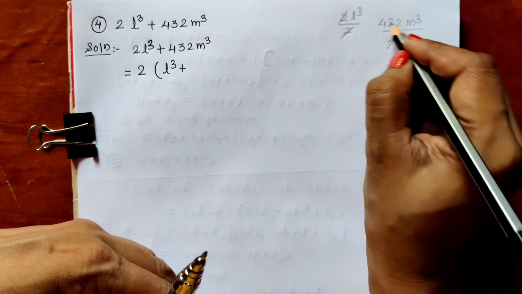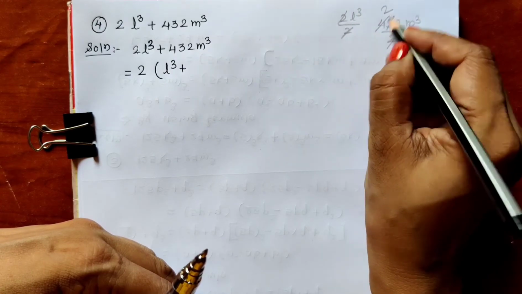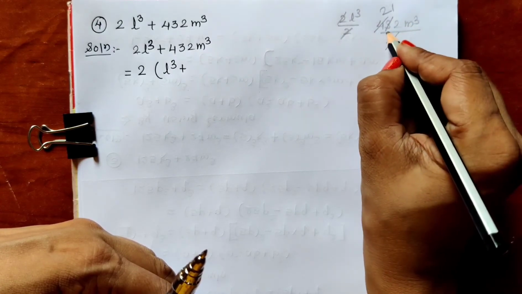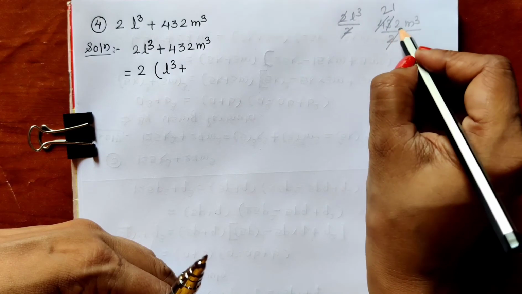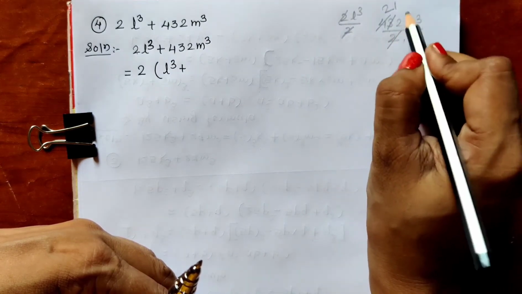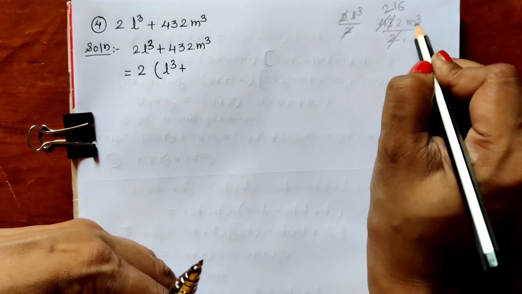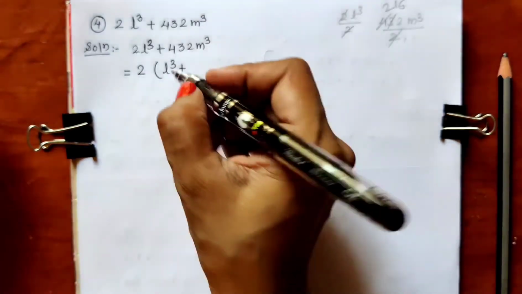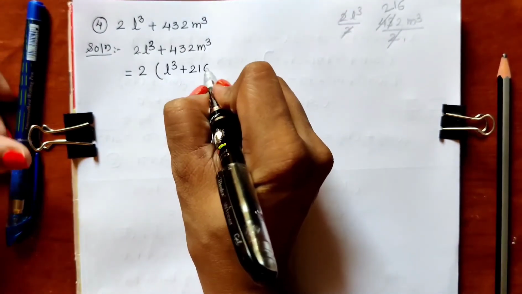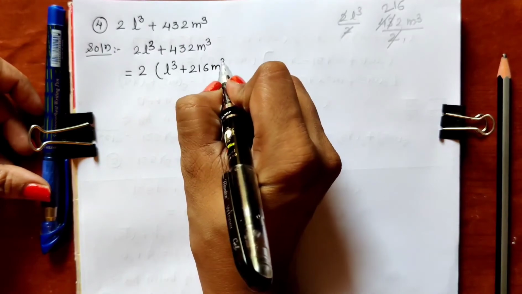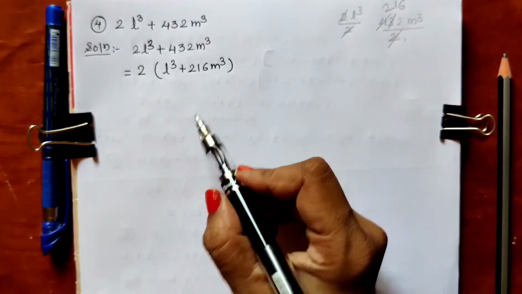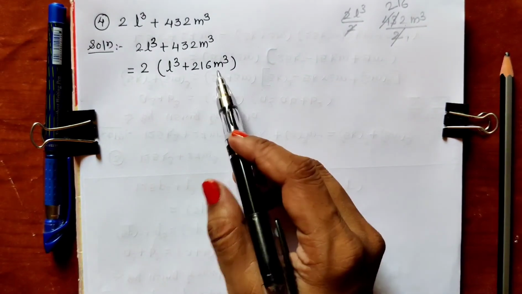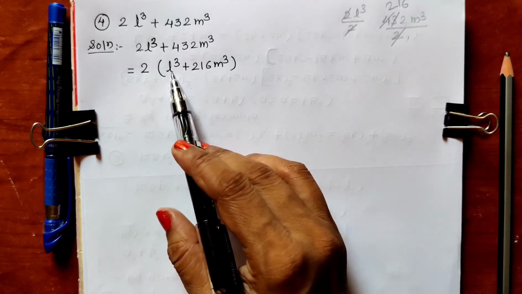2 ones are 2, 2 twos are 4, 2 ones are 2, 3 minus 2 means 1, and this 2 means 12. 2 sixes are 12. 216 m cube we can write. 216 m cube. So in this way now we can convert this binomial